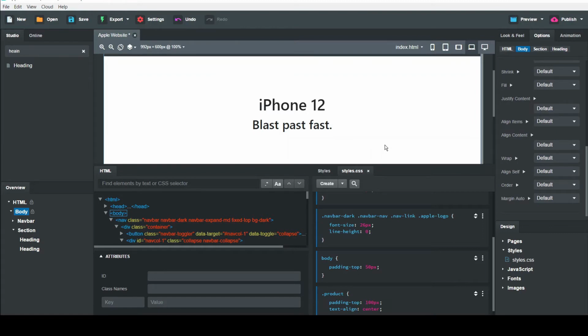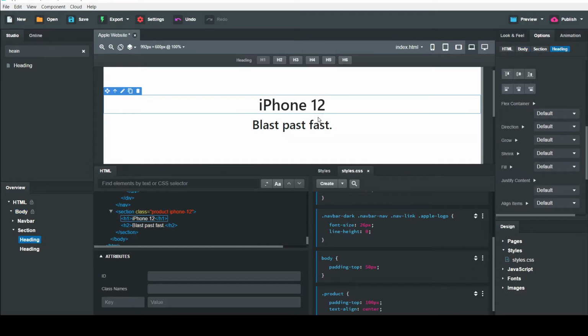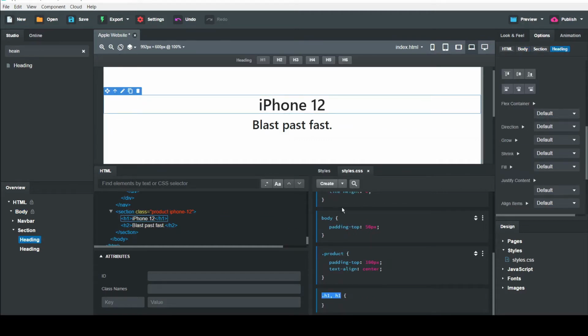Now we have to style these headings. For that, we're going to make the CSS for the H1 tag. Make the font size 56 pixel. And font weight should be bold.